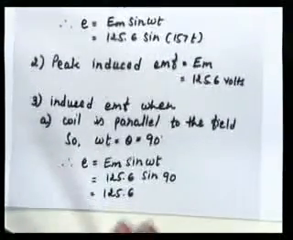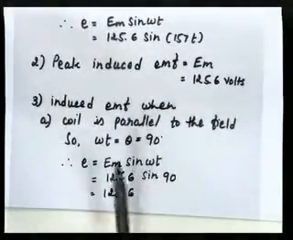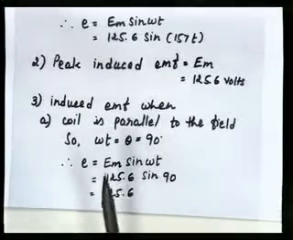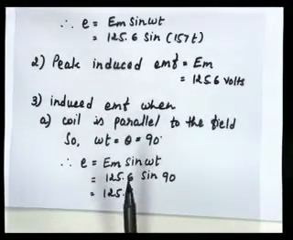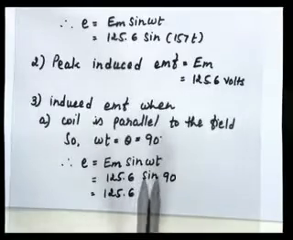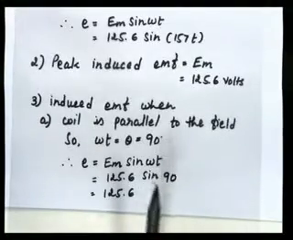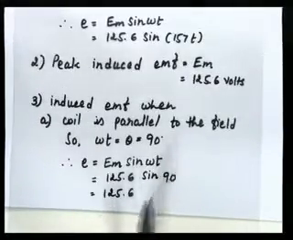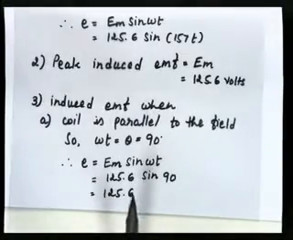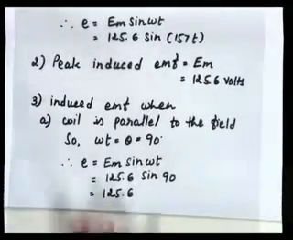So here it is, E is equal to Em sin omega t. Em is already found, which is 125.6, and here omega t is equal to 90. So sin 90 is equal to 1. So your answer is 125.6. Now for the second part,